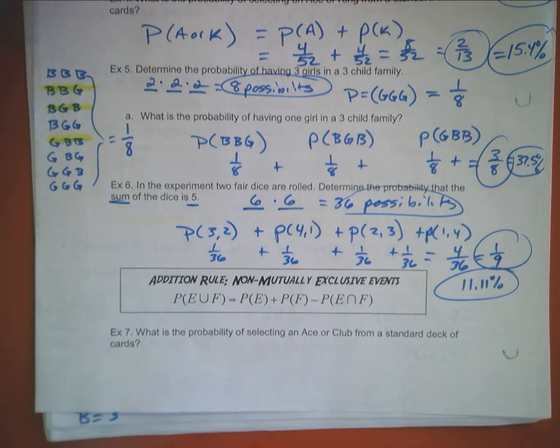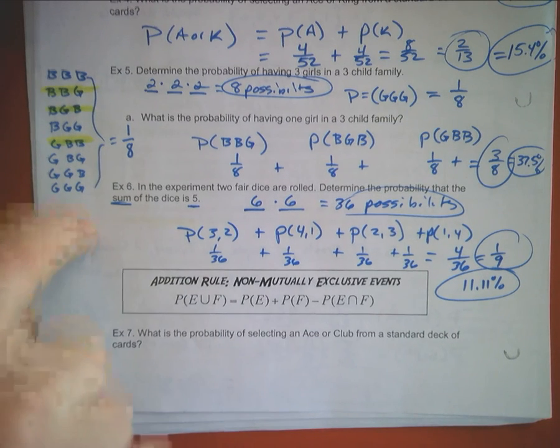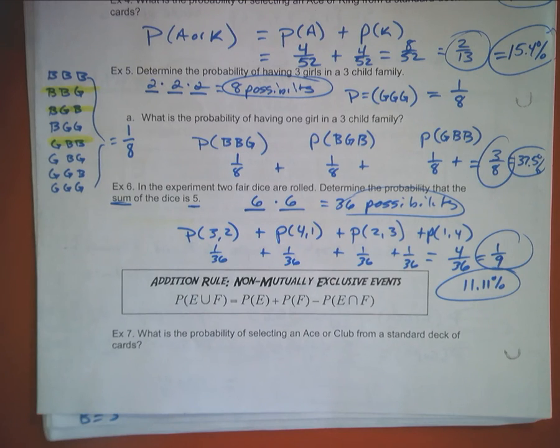Okay, that's why Yahtzee is worth so many points. It's because it's very hard to get the doubles and the 1s and the 2s. So be very careful if you're including 1, 1 or 2, 2, that only happens one time. Okay, and if you don't believe me, write out the 6x6 grid. And I promise you it's only going to happen on the diagonal going down across. Okay? All right, last but not least,